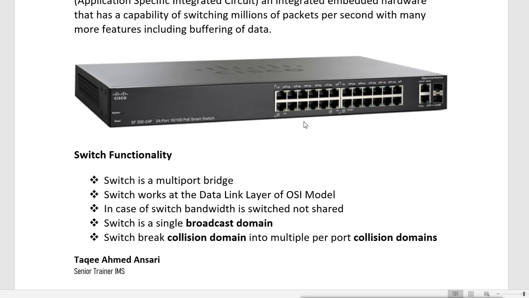Every port of a switch is its own collision domain. If a collision happens on a single port, it will not reach any other port, because it is itself a single segment. So when a collision happens, it remains on the same port. If you want to know how many collision domains there are in a switch, it depends on the ports. If you have 20 ports, that means 20 collision domains.